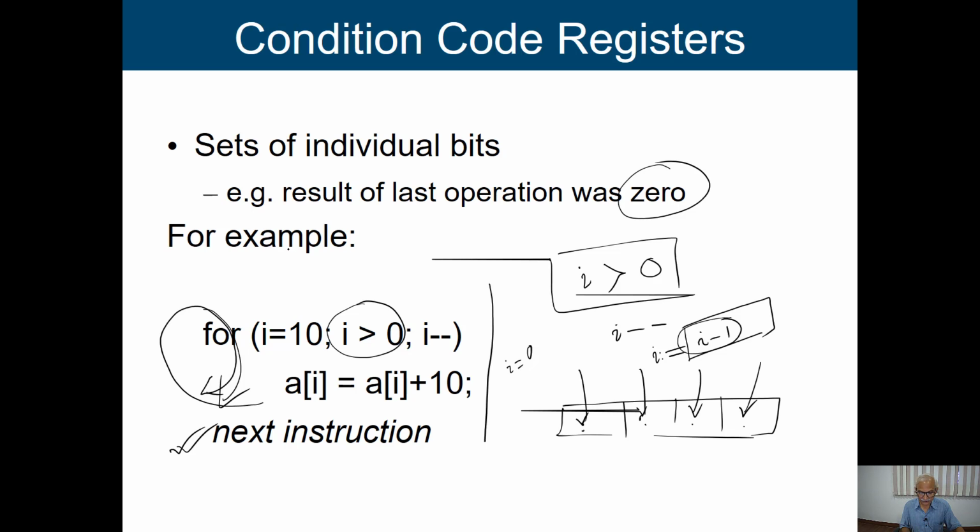If it is set, then what will happen? I know that the value of this particular bit is 0, then we will come out and execute the next instruction. If the result is not 0, then the value of this zero flag is 0, that means it is reset. Then in that particular case, we will go back to execute this particular instruction again. So this is the way we are going to design our conditional instruction, and it will help us to change the sequence of our program execution.